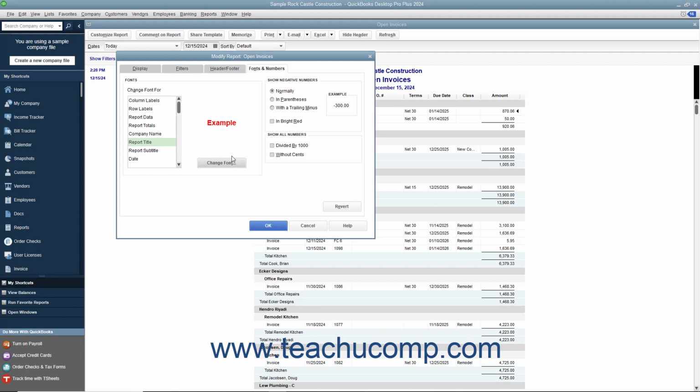To set the display of negative numbers in the report, make a selection from the options in the Show Negative Numbers section. You can set optional display settings for all numbers in the Show All Numbers section by checking any available checkboxes if desired. When finished modifying the report, click the OK button in the Modify Report window to apply